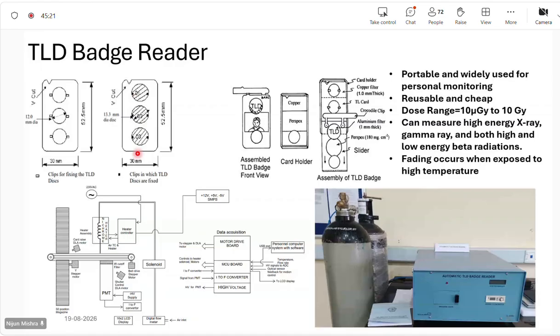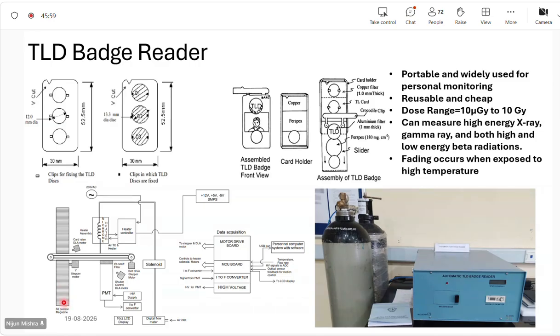This type of arrangement can be read out with the help of a TLD badge reader. The circuit diagram looks like this. Here are the compartments where we can load these TLD badges. At a time we can read up to 50 TLDs. There are compartments for placing them, and it will automatically take one of the TLDs and